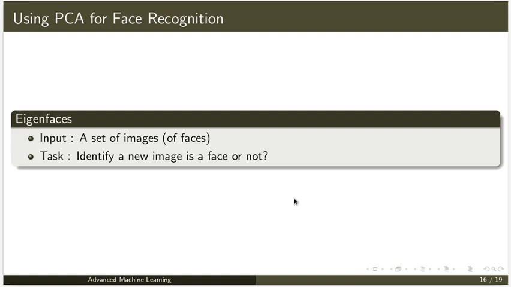In this case, we call them eigenfaces. These eigenfaces can be used for reconstructing the image, and by using the eigenfaces you can identify whether the new image is a face or not, by comparing these two.